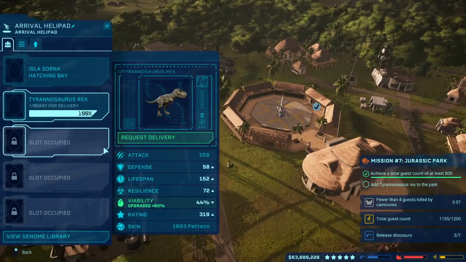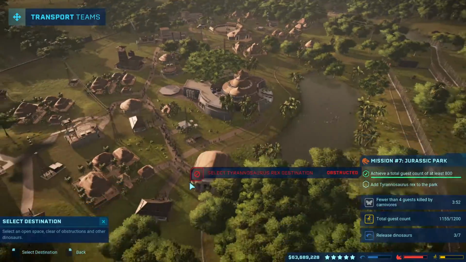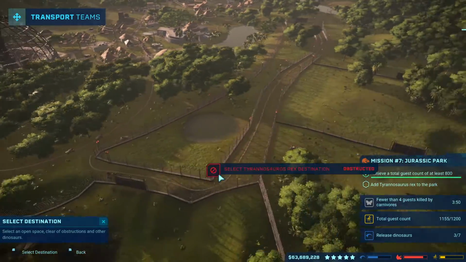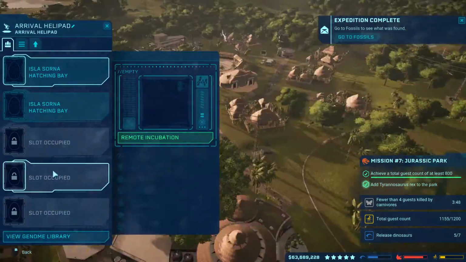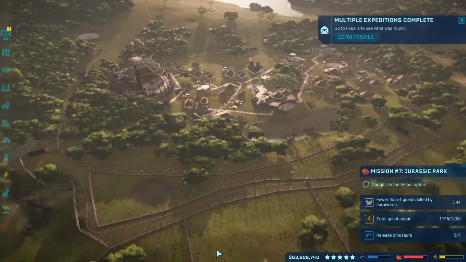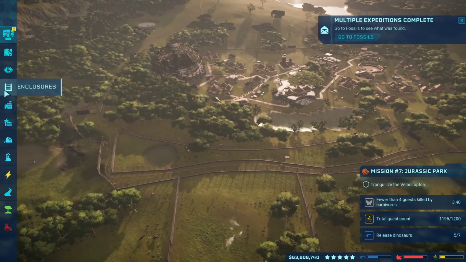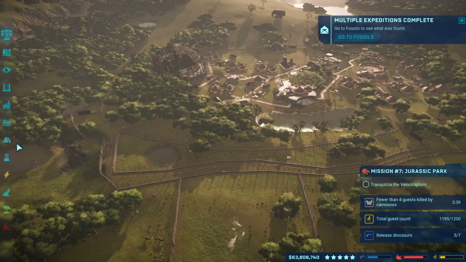Now let's go ahead and get our T-Rex. And we're going to go ahead and put him over into this paddock. Collecting asset. We are pleased to welcome... Alright. And then I'm going to put...